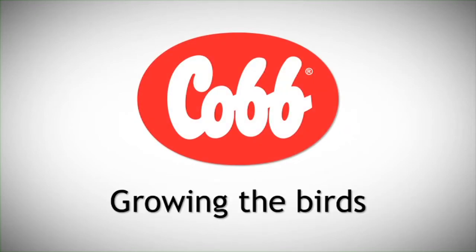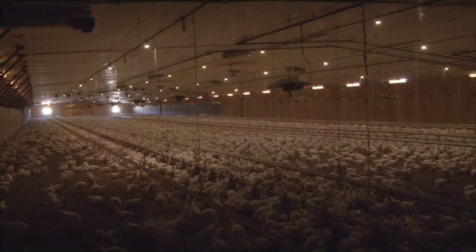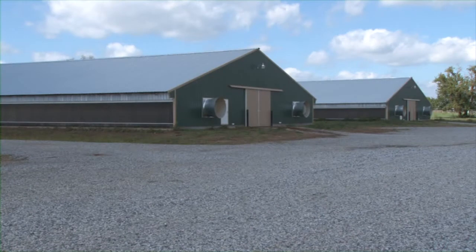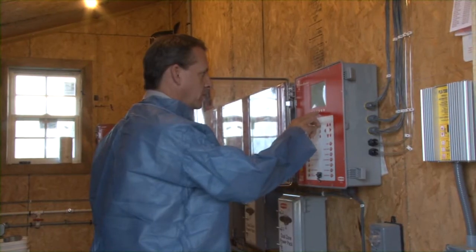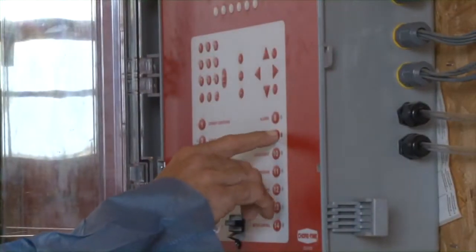Growing the birds. All broilers to be tested should be placed on a farm where live data can be collected separately by breed. The ideal situation for yield testing is to use a single farm with identical side-by-side houses where breeds can easily be segregated by house. This method ensures that both breeds will be tested under the same growing conditions, equipment, and